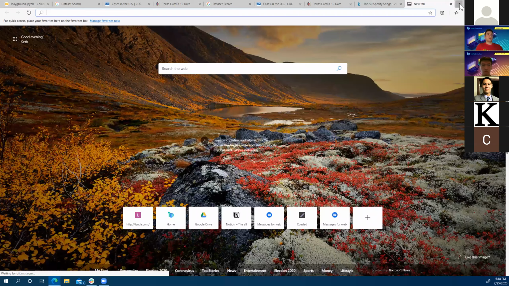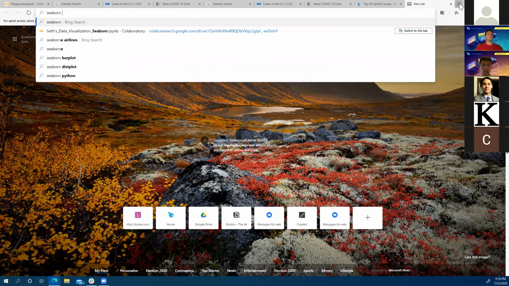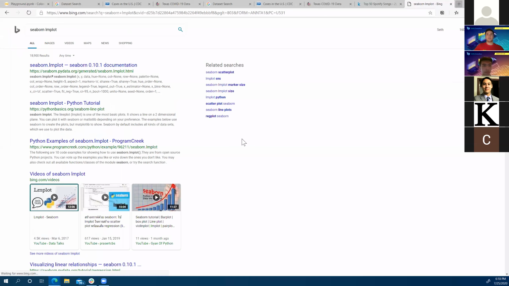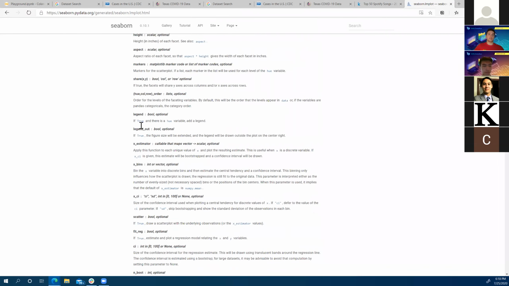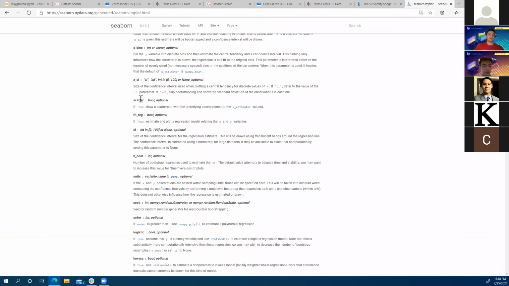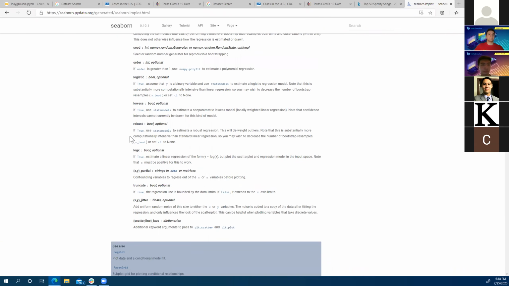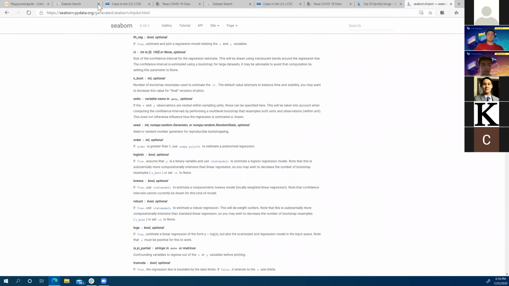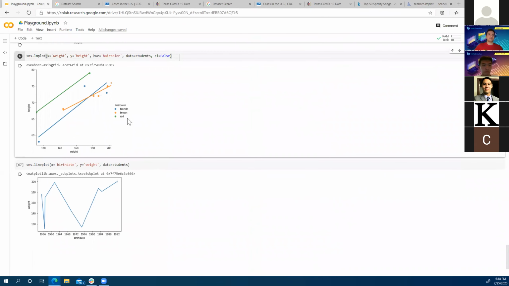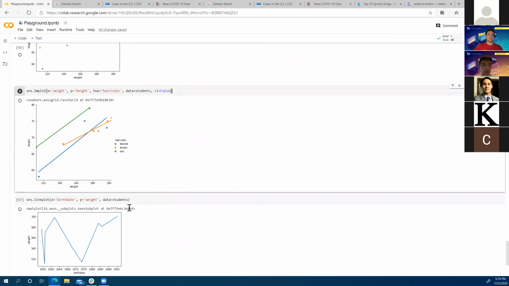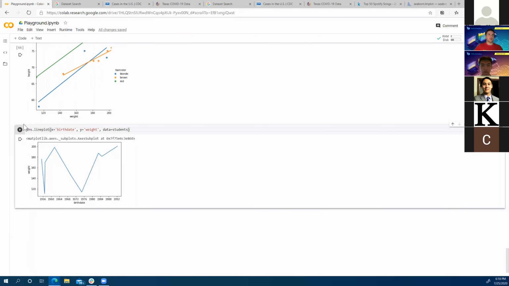If you do Seaborn, if you just do a quick Google search, usually you can pull up the documentation for these functions. And there's a whole bunch of options and parameters that you can supply. Like if you didn't want to print the scatter plot along with the best fit lines, you could probably say scatter equals false. But there's probably a way to make that happen. I remember I was going through this and I wondered the same thing. But right now I don't know that off the top of my head. It's a good question. Okay.